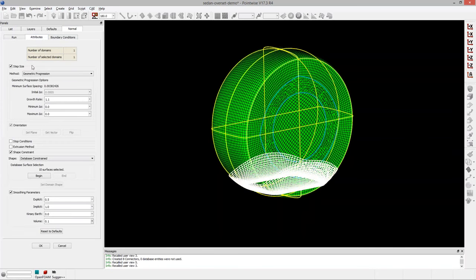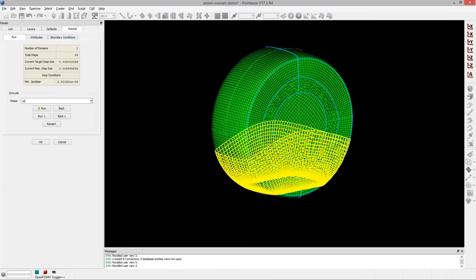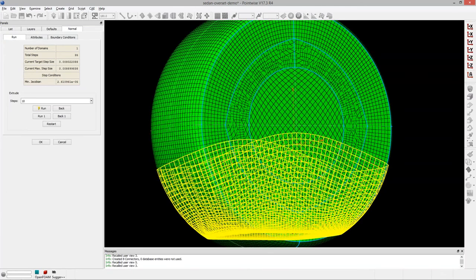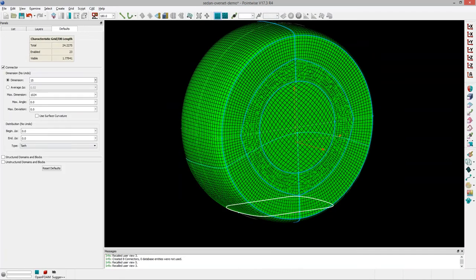Okay, I'm going to come back and I'm going to turn down my growth rate. So you have a lot of control over this. And the reason I'm turning it down is to equalize the area of those elements in the overlap location, and run this for 10 more steps. And you can see I have sufficient overlap, and those cells are roughly the same area as the underlying cells that are already on the surface of that wheel. Okay, so I'll go ahead and accept that.